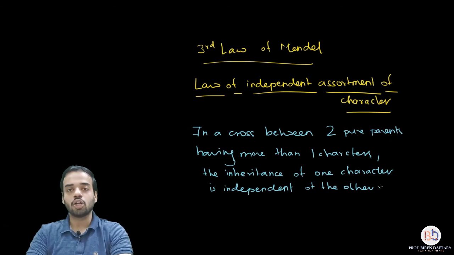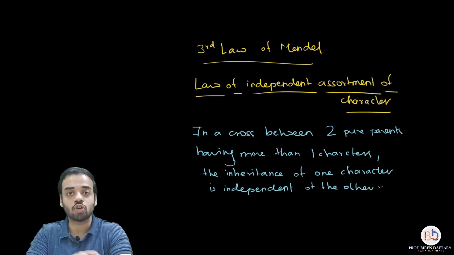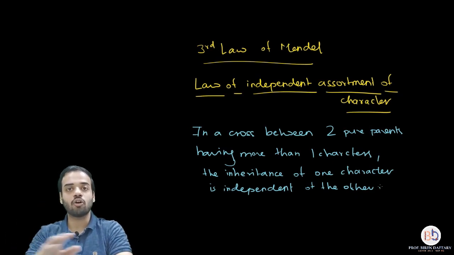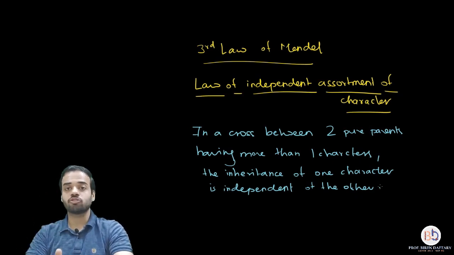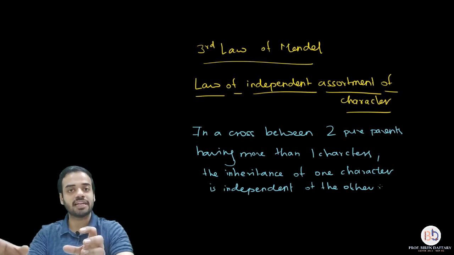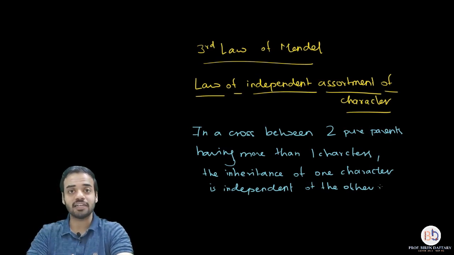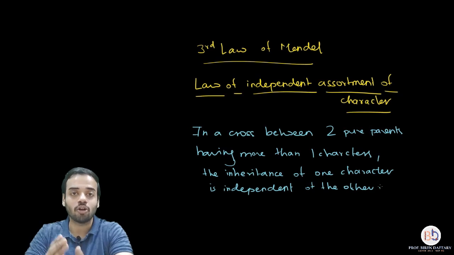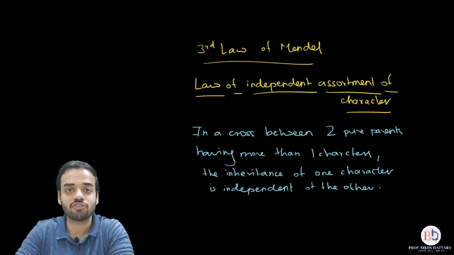Please remember, first law of Mendel and third law of Mendel, law of dominance, law of independent assortment, they are not universally applicable. They cannot be applied everywhere because some of the examples are there where law of dominance is not followed. We'll be seeing them in the next lecture. And again, law of independent assortment is also not always followed. Sometimes one character controls the other character. So first and third law cannot be universally applicable. They cannot be applied everywhere. However, second law, which is law of segregation or law of purity of gametes, that is applied everywhere. So that is universally applicable law. Please remember. So with that, we end our lecture on the dihybrid cross and Mendel's law of independent assortment.